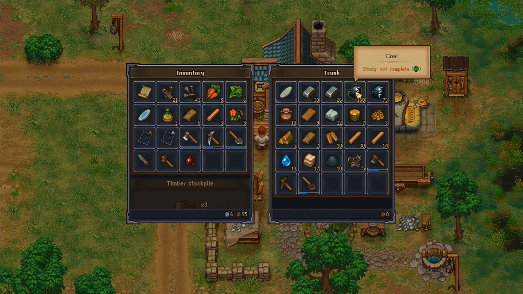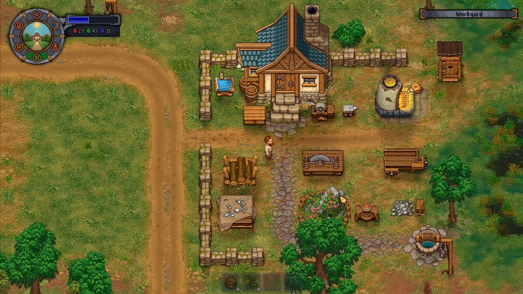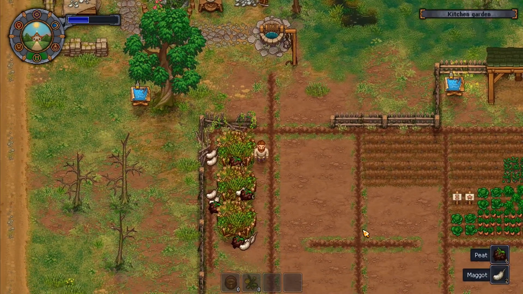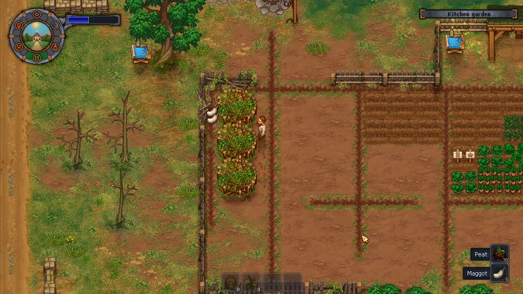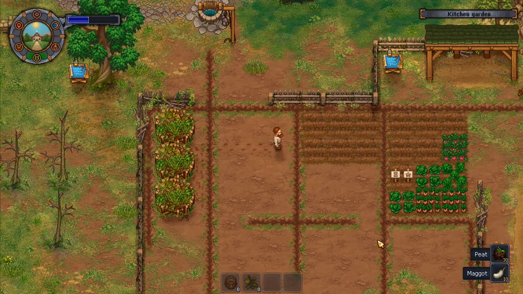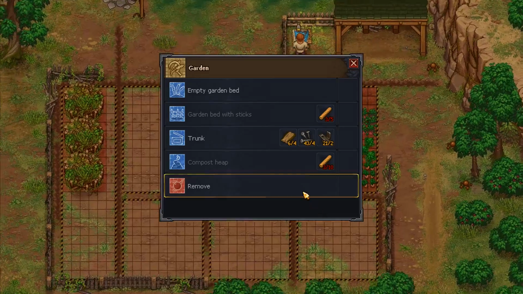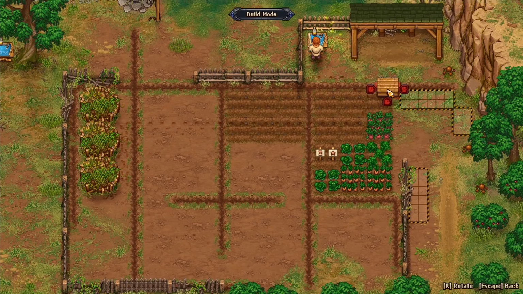There, I've got a load of those, and a load more nails. Masses and masses of nails. Far more than I will ever actually be able to use. There we go, look at all this. That's fantastic. Pick up all of them. These are ready to harvest. Excellent. Okay, first up, we want to build a trunk, and...